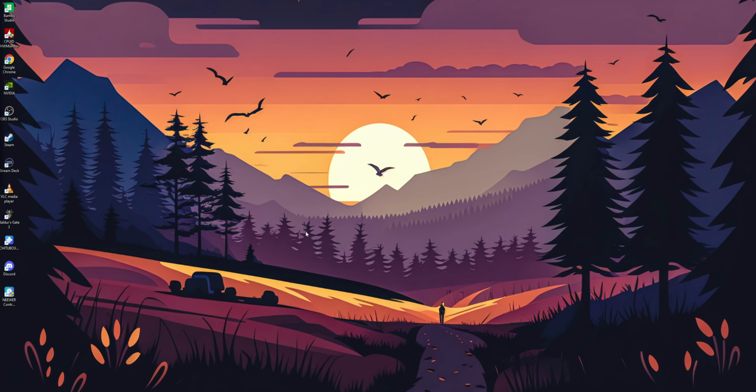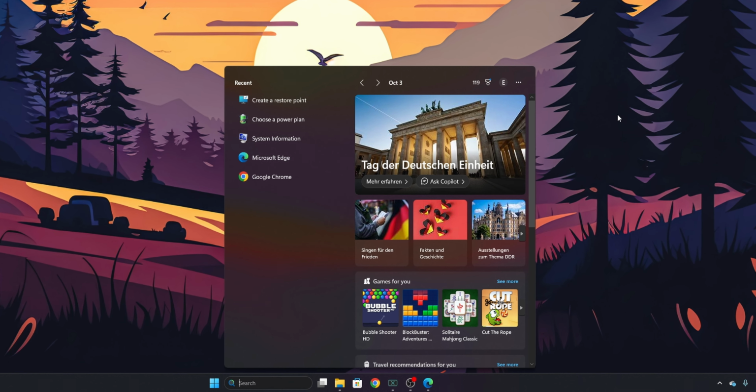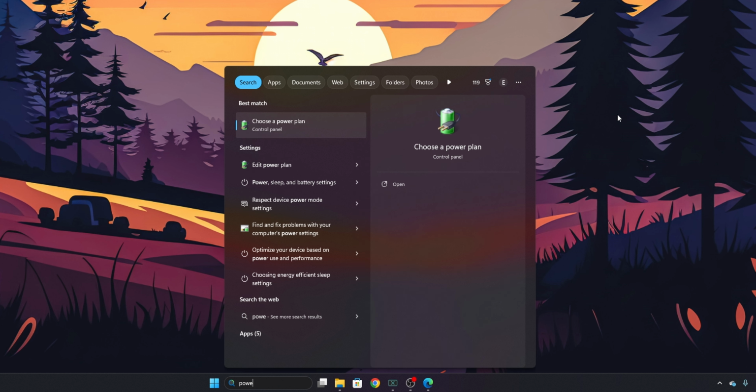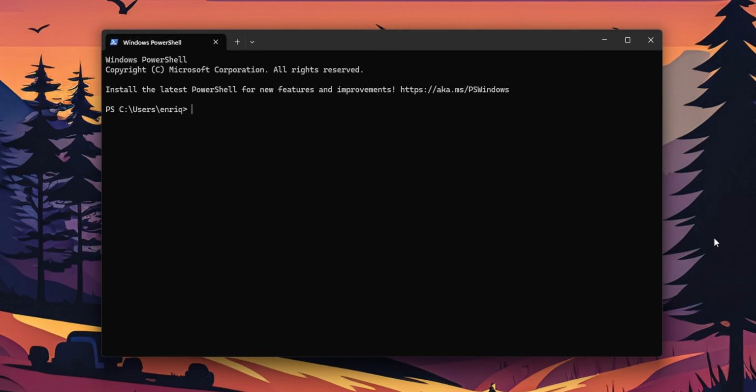And for that, you want to go into the search bar and you can use 2 different ways. You can use the command prompt or you can use PowerShell. In this case, we're going to be using PowerShell. So you want to type PowerShell. You're going to see Windows PowerShell right here. Click on it. And inside of PowerShell, you want to type shutdown